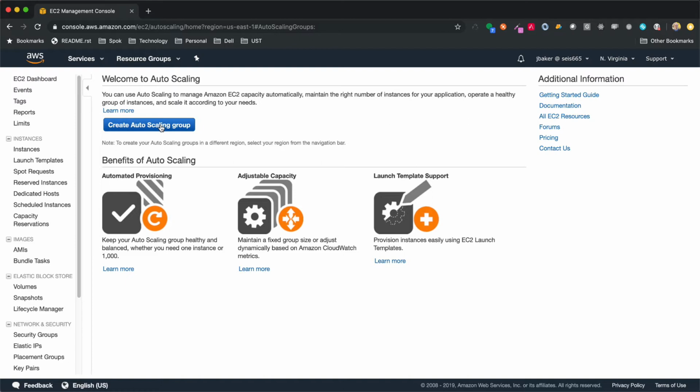I will then go in and manually terminate one of those EC2 instances, and you can watch and see how AWS automatically launches a new EC2 instance to replace the one that I terminated. Let's get started. I'll click on the Create Auto Scaling Group button,